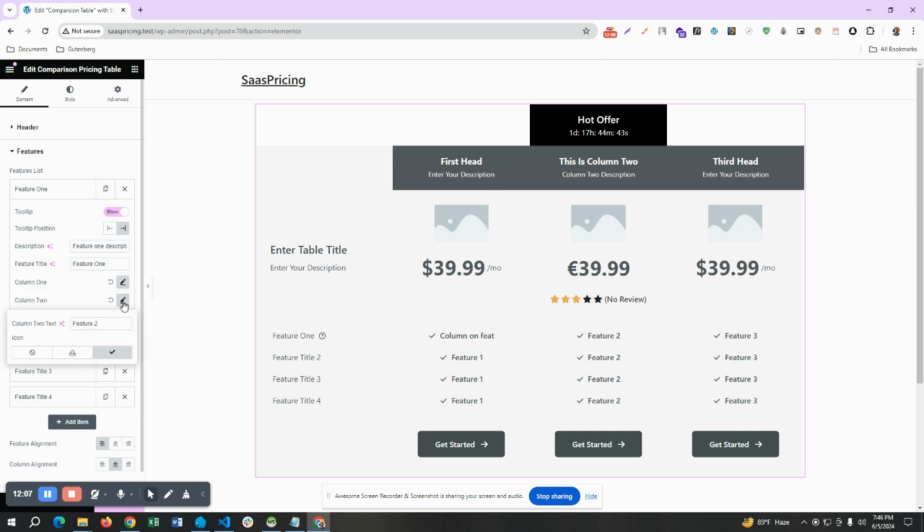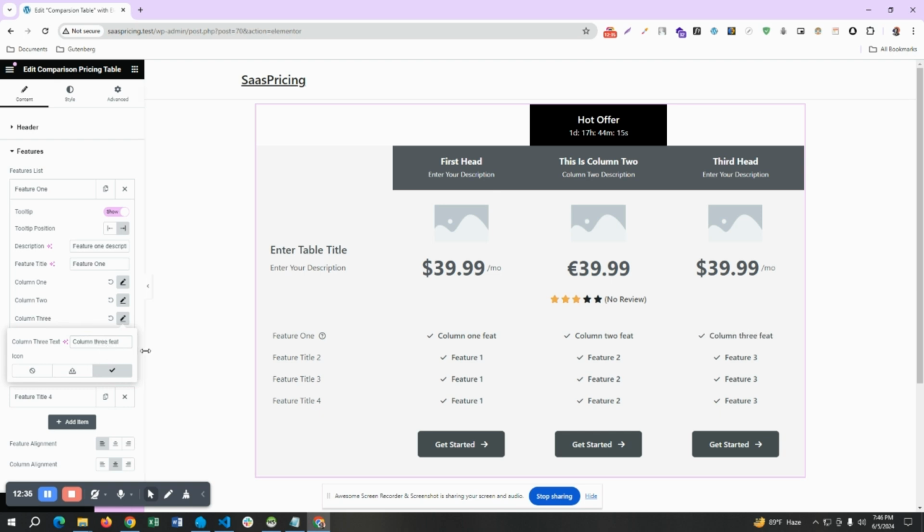This is column 2. Oh, column 1 fit, column 2 fit, column 3 fit. Okay, so this is how we can change